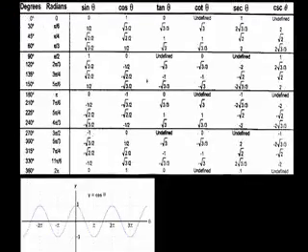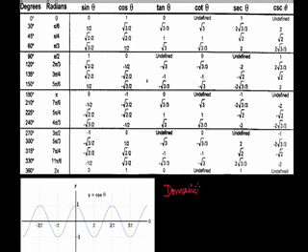Now let's talk about the cosine function. From this table you can see that the cosine function can also take all real values. So for the domain of the cosine function, we need to see the displacement or the movement of the graph along the x-axis. Here we can see that it can take all real values because the whole graph is spread all over the real axis.